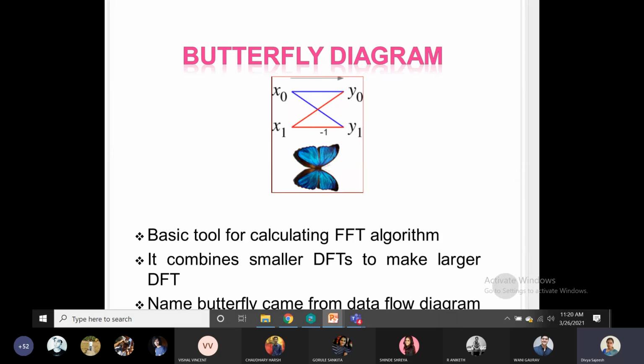What is shown here is a 2 input butterfly diagram. There are two outputs, y0 and y1. y0 will be equal to x0 plus x1, and y1 will be equal to,